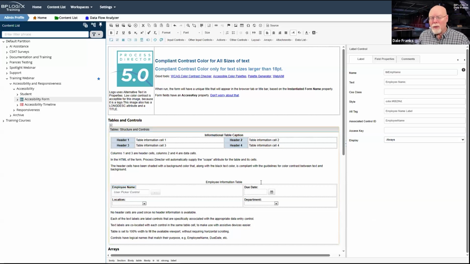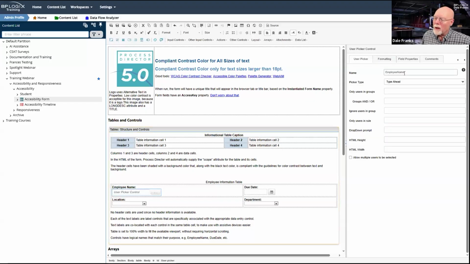Whenever you tab through a form, you're not actually tabbing from field to field. You're tabbing through the labels. And the reason the labels are important is that they provide the text representation that we want publicly to be associated with a specific form control. So I can call this form control employee name, and that's great.